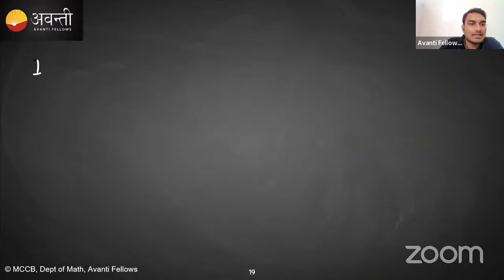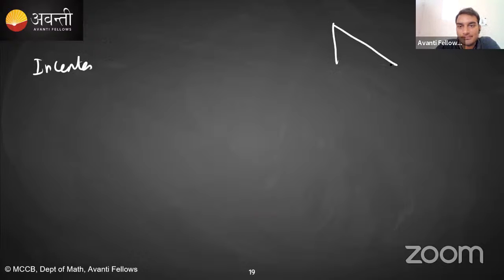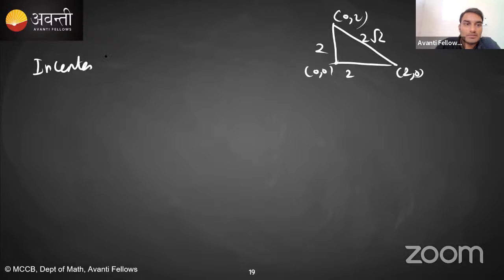तो ऐसे इन सेंटर कितना आ गया फिर. इन सेंटर कोई तुमसे पूछे कितना आ गया. ये ट्रायंगल है, ये साइड 2 रूट 2 है. दिस इज 2, दिस इज 2, this is 0 comma 0, this is 2 comma 0 and this is 0 comma 2. So if somebody asks you in center क्या आ जाएगा, 0 into 2, 0 into 2 plus 2 into 2, 2 into 2 plus x3 into opposite side. So 0 into